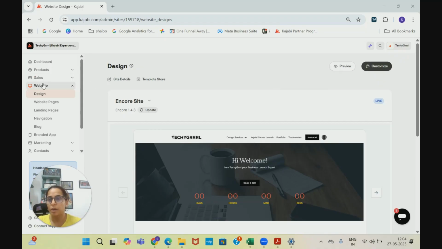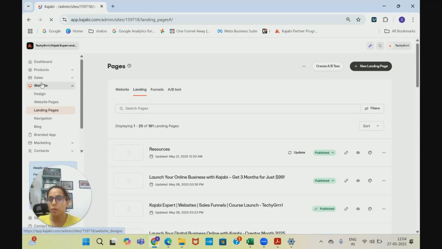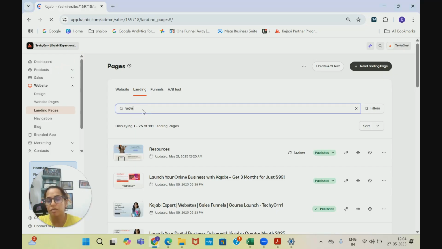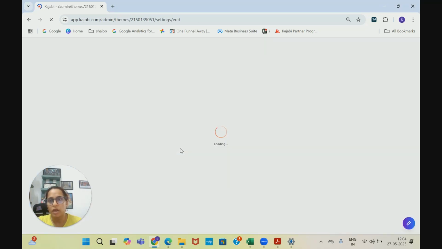So when you have logged in to Kajabi, just go to the landing pages. So you saw I was here in website, and inside the website there are a few options. I went to the landing pages because my video page is here. So now what I'll do is I'll look for that video and I'll search because I remember the name. So I'll search by name